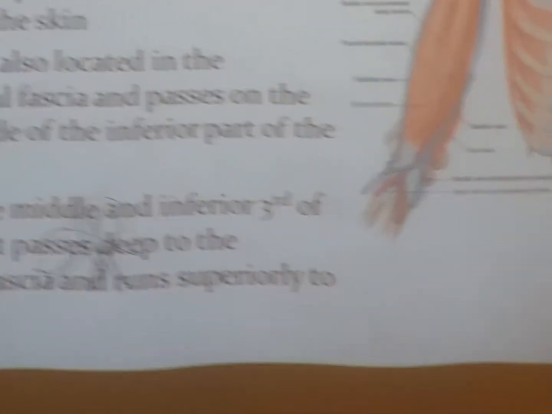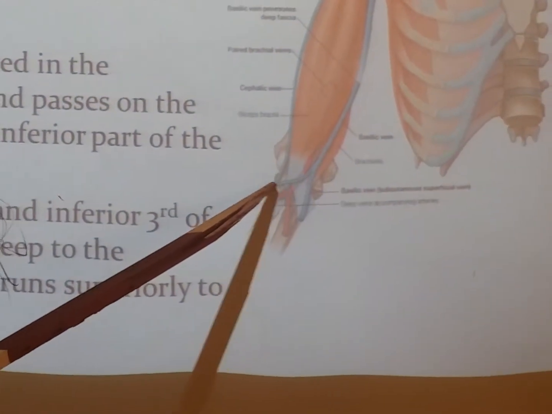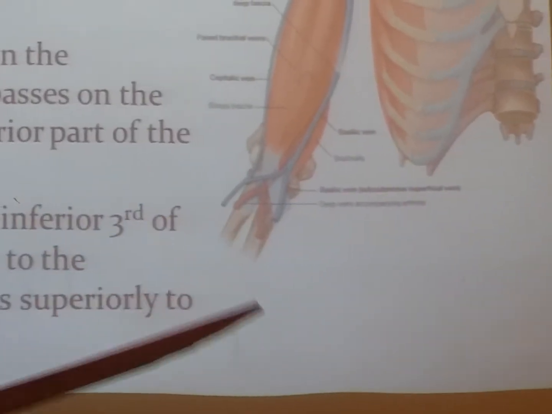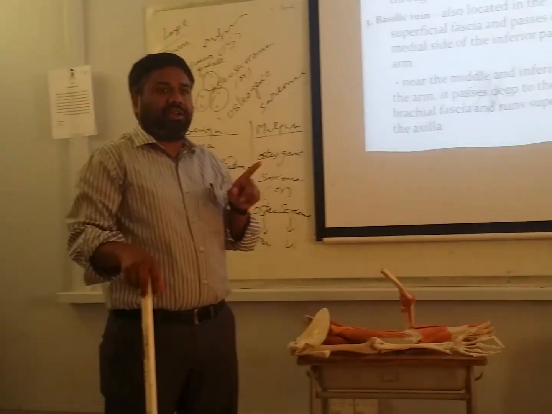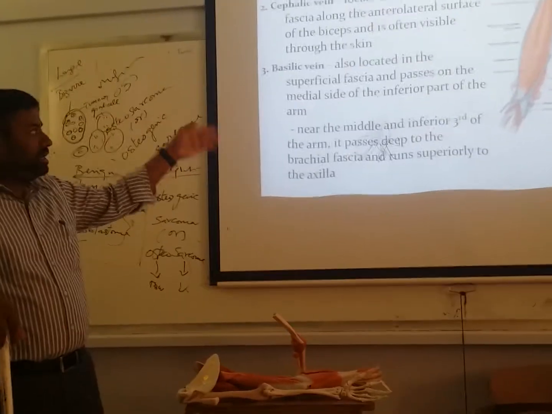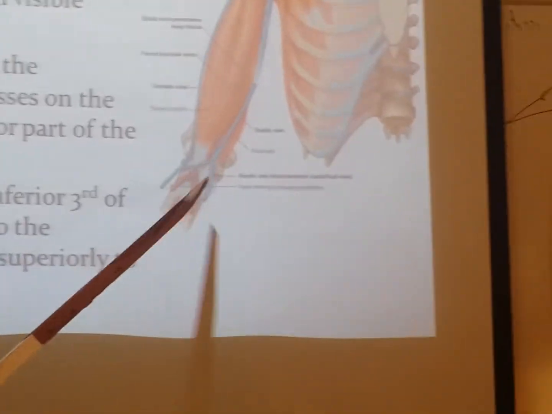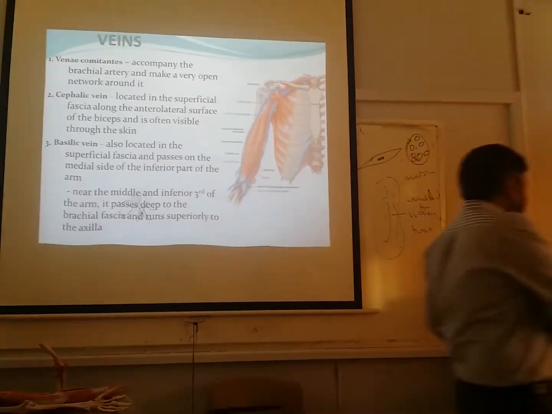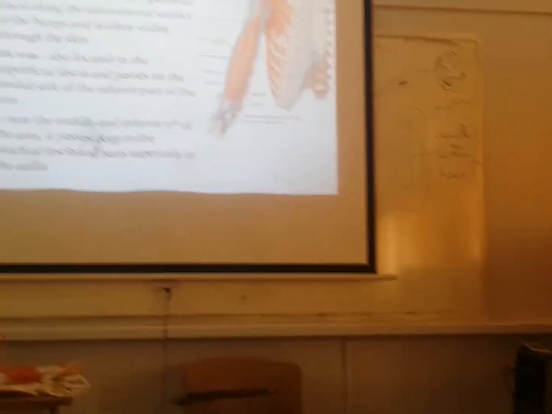Okay? So in front of the elbow, the cephalic vein and the basilic vein are joined by a very important vein called the median cubital vein. What is that vein? Median, not medial. Median cubital vein. For the time being you remember it, I will tell the importance later. It is in the cubital fossa. We'll come to that. That is about the veins. What veins? Cephalic and basilic.